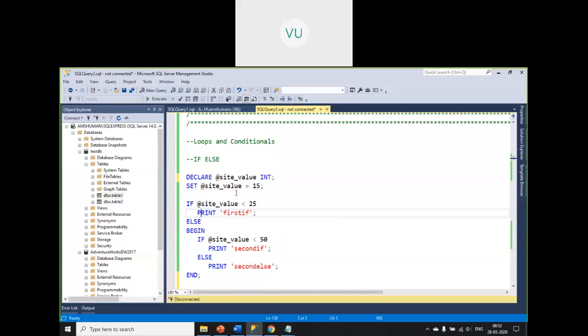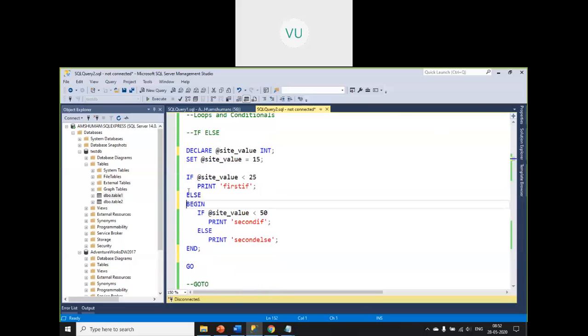Okay. So if else can take various forms. It can be one single if statement. It can be just an if else statement with a single statement or a block of statements. One level of if else, or it can also be multiple levels of nested if else. So within else, again I am having one more if else, or within if also I can have one more if else. It's up to us how we want to program. Okay, so that is what this block is doing, and at the end, the GO is like